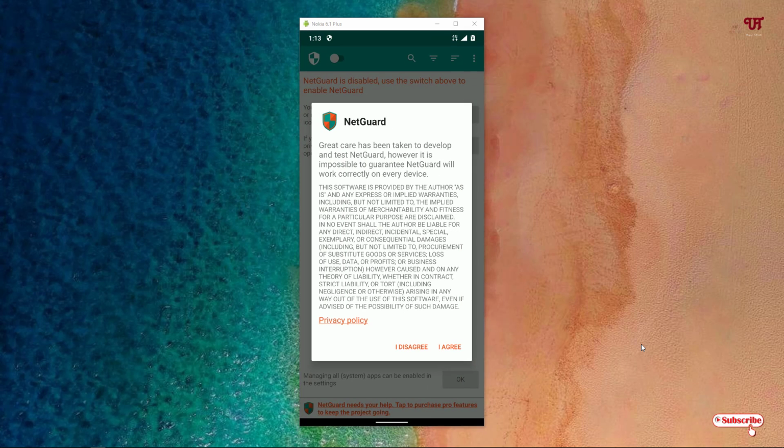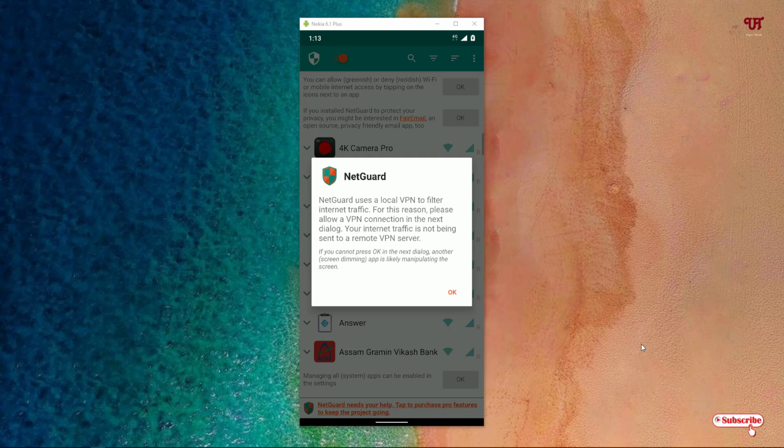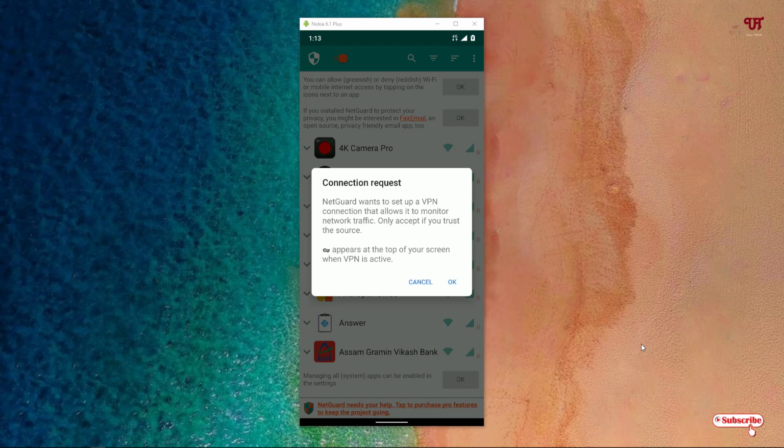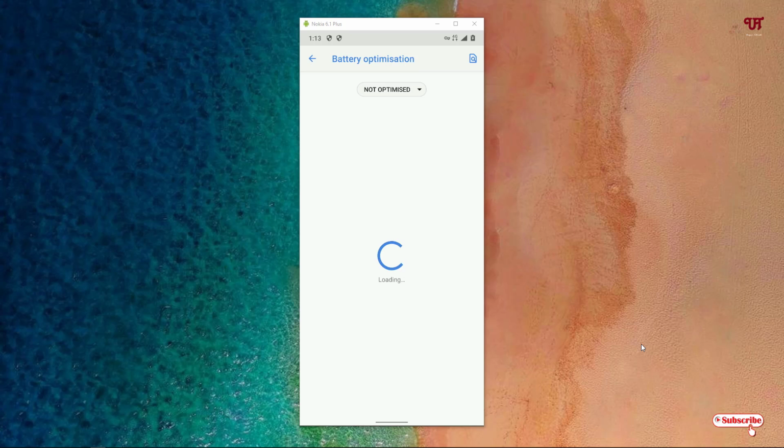Here you will be asked to agree to the terms and conditions. Just click on I agree. Now you can see here on the top left, you can just enable this button. Just click on OK. Click OK. Click OK. Now under this battery optimizations,